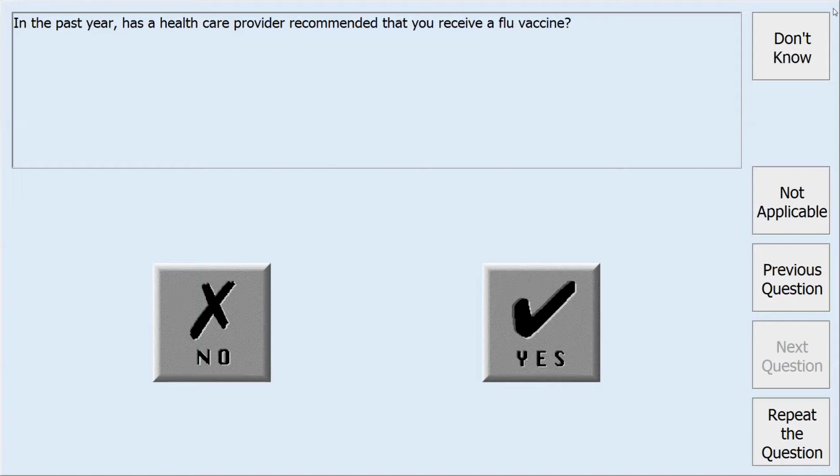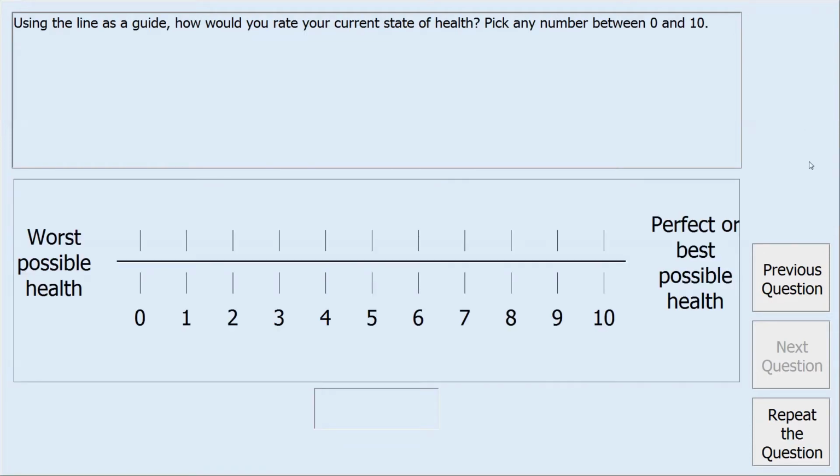And again, if we want to refuse to answer a question, we set it up in the build options. So if we click a special key, we can now see the Refuse to Answer button, and we can select that one as well. And once we do that, we go right ahead to the next screen because that was a yes/no type item. Next, we have what we call a rating scale type item, and here we have numbers